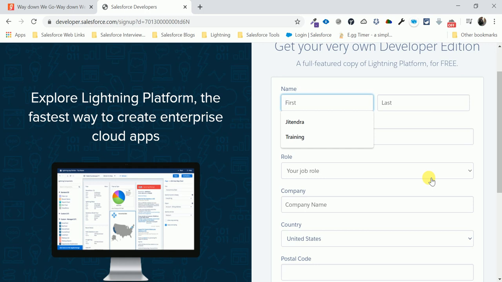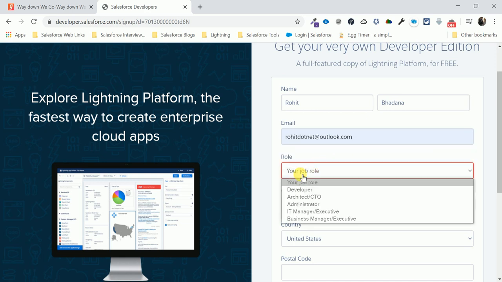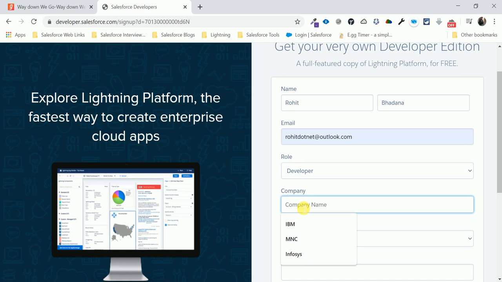Okay, so first name is Rohit, HATANA. Email ID should be right, not like xyz@gmail.com and any domain, but email ID should be genuine because it sends an email for verification of your account and activation of your account, and change password also. So like Rohit, this is my email ID, and role as a developer,